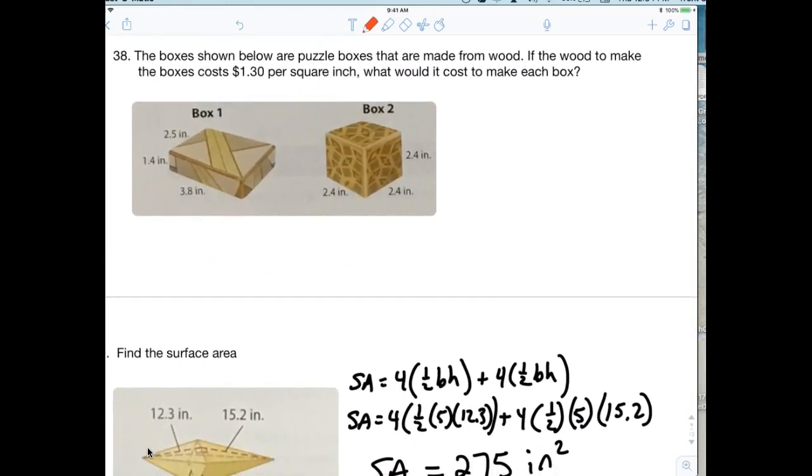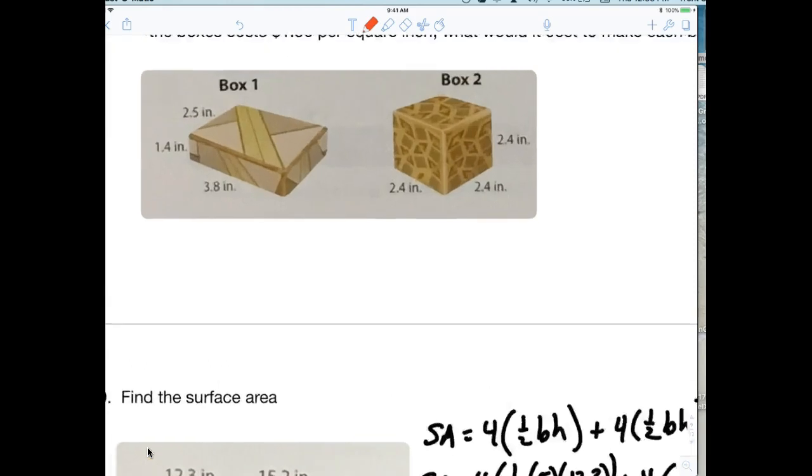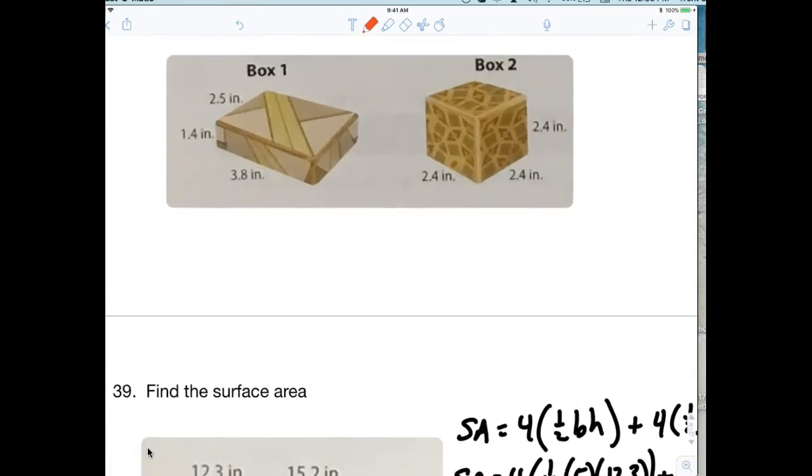It says the boxes shown below are puzzle boxes that are made from wood. If the wood to make the box costs $1.30 per square inch, what would it cost to make each box? All right. So essentially all we're doing is we're looking for the surface area. We're finding the surface area. So box number 1, let's see what we got. Surface area is equal to,